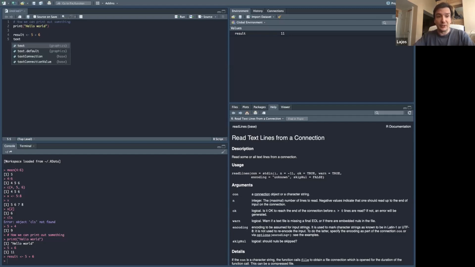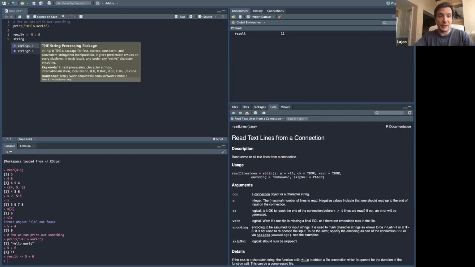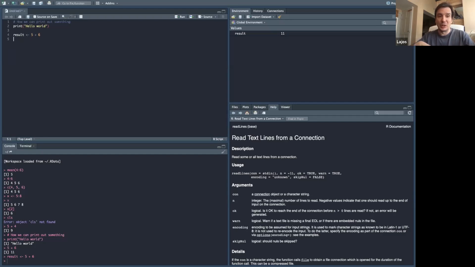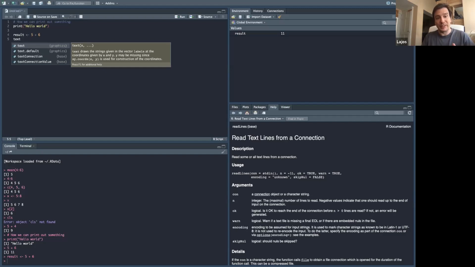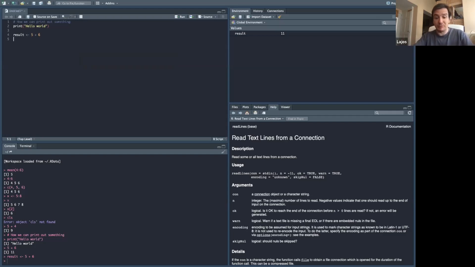Let's create another variable. Now, we tried not to use variable names that have some kind of connection to our commands. That's why I deleted the text. As you can see, if I start writing text, then the text itself is a command in R. So I will try to avoid using the variable name text. One easy solution is to simply say Text like this,